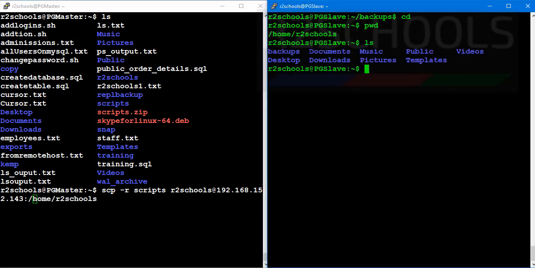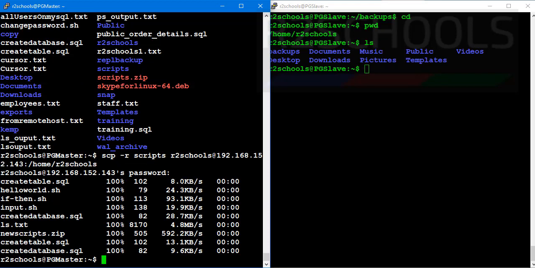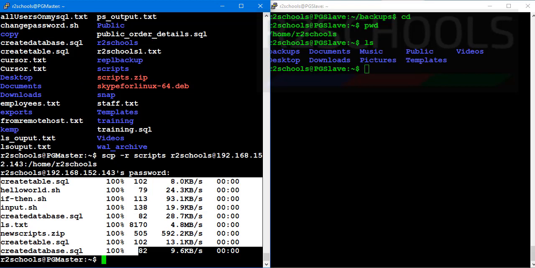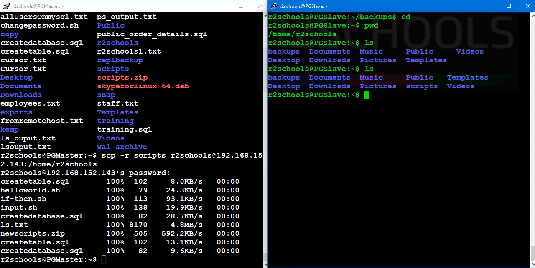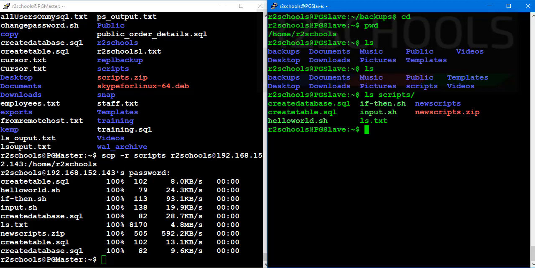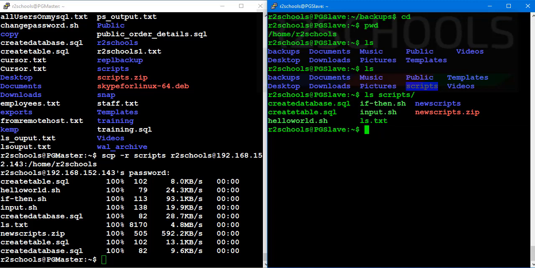See, we don't have any scripts directory here. Press enter, then provide the password of the target host. See, it copied all these files. Let's verify whether this is successful or not. ls. See, before, the scripts directory was not there. Now verify the list of contents of the scripts directory. See, all the files of this directory are copied successfully.